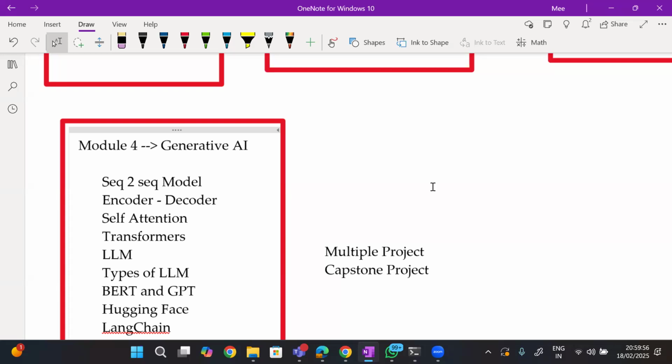I lost your audio in the middle. So you are a system integration advisor, or have you been working as a developer? That is the role, but I'm working as a Java developer for the past many years. Okay, that's fine.